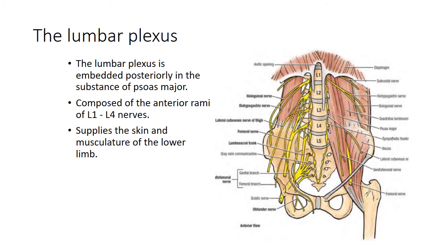The arrangement of the nerve fibers is not similar to the brachial plexus which we have seen in the upper limb. There are no clear-cut anterior and posterior divisions, but still the first, second and third lumbar nerves have dorsal and ventral divisions. This lumbar plexus is meant for supplying the musculature of the lower limb. Let's see the lumbar plexus in detail.